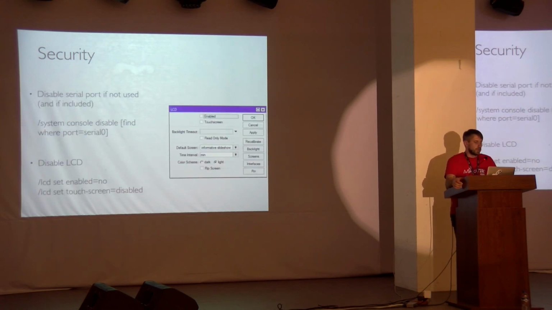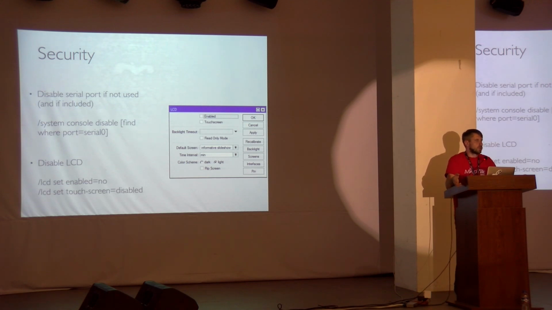Then a few more options for how you can secure your router. First of all, if your router has a COM port, you have an option to disable it. If your router is in a public network, maybe it is a good idea to disable the COM port, in order to avoid unauthorized access to your router, like a person can netinstall your router, reset the configuration or do any other bad things to your router.